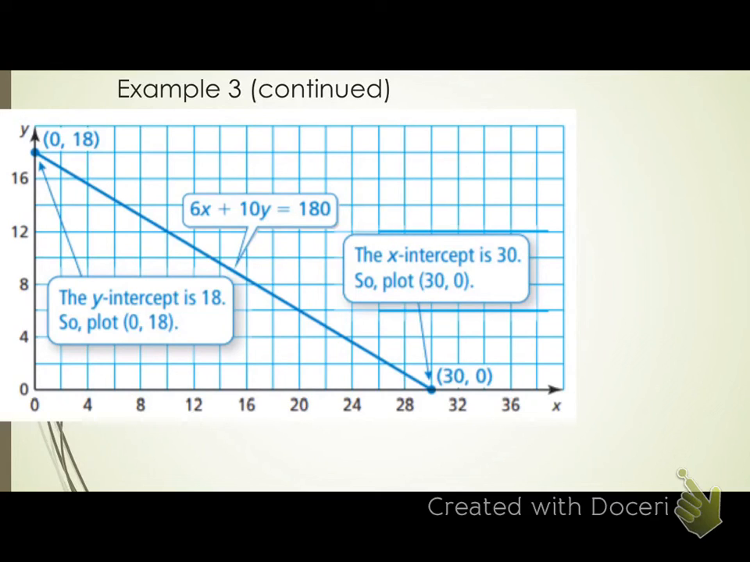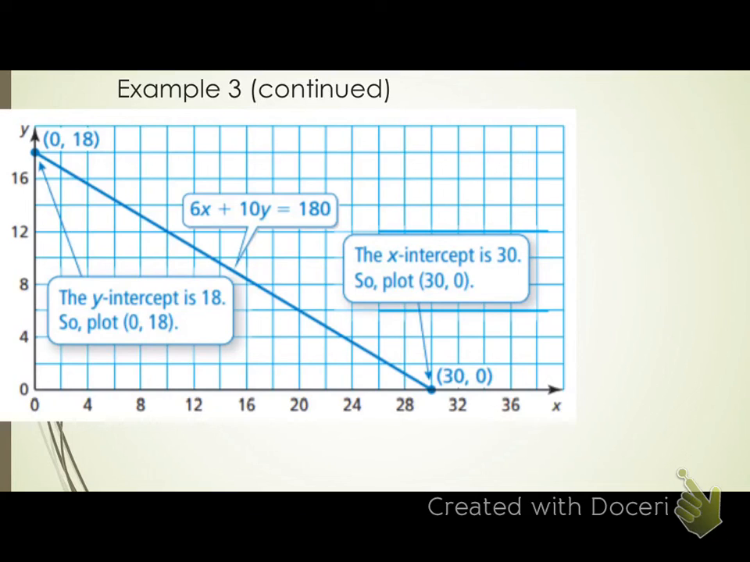Does that make sense? Now, I'm not a huge fan of them connecting their points here because our domain is what? Discrete or continuous? Discrete, because I'm not able to rent half of a table, am I? So I have a set number in my domain, right? Okay, so I need 2 more solutions from my line here besides 0, 18, and 30, 0